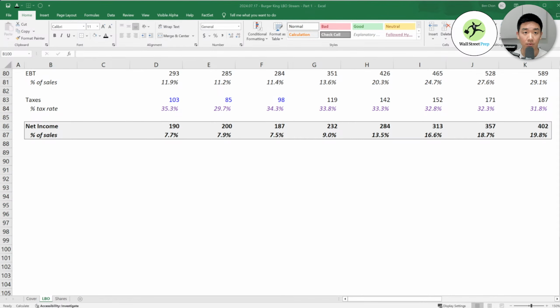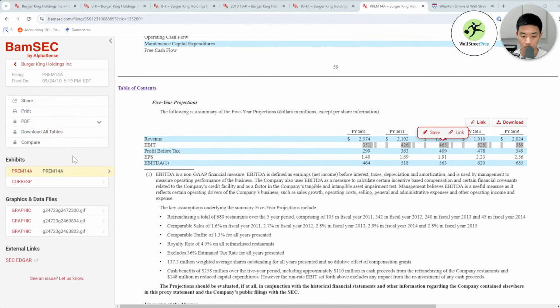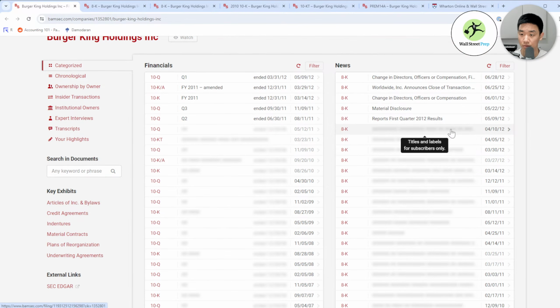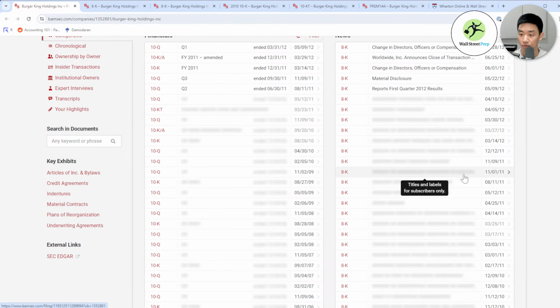Another thing I want to show you guys is something called EBITDA reconciliation. So let's go to Burger King, and then let's go to, it's going to be kind of hard to find.